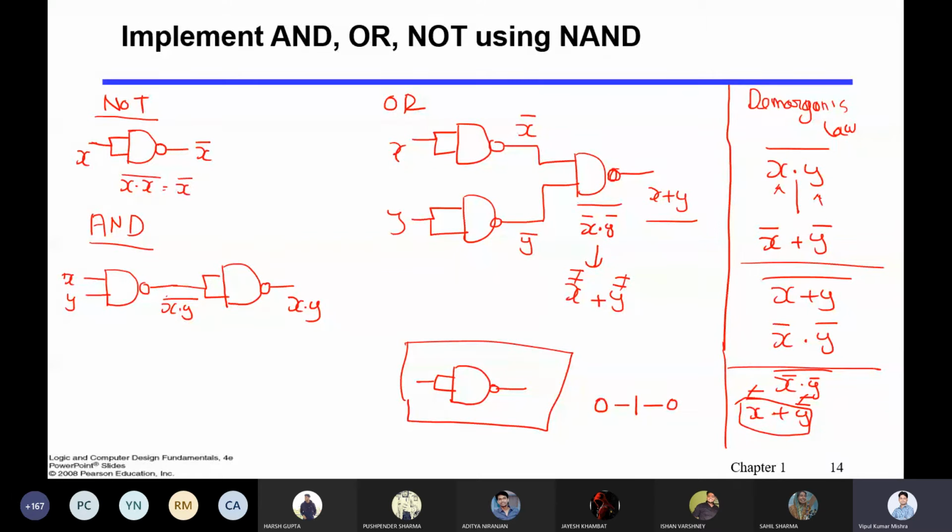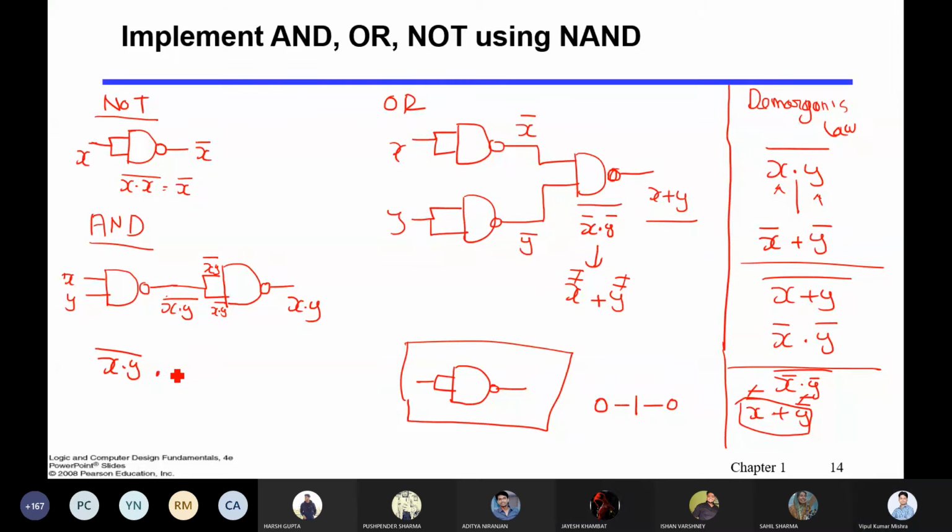Now is it clear? Yes sir. Then in the second case, we used that bar, but the dot has not changed to plus. Okay, you are asking about here, right? So here we have x dot y bar, which you are getting here. Then dot, because this x dot y bar is going here as well, and x dot y bar is going here as well. Getting it?